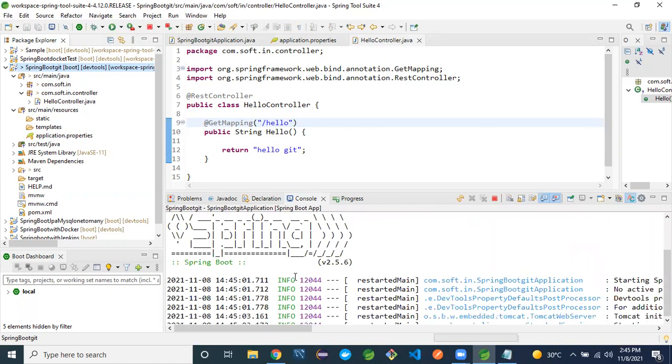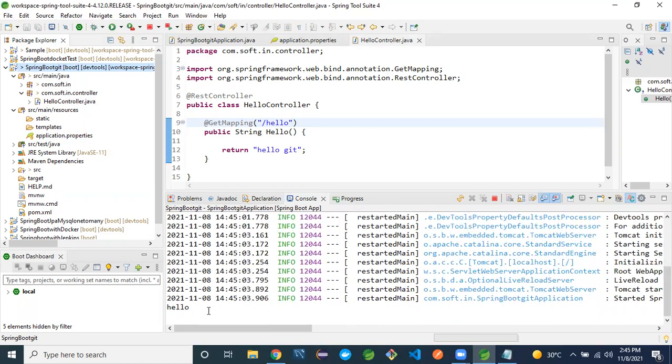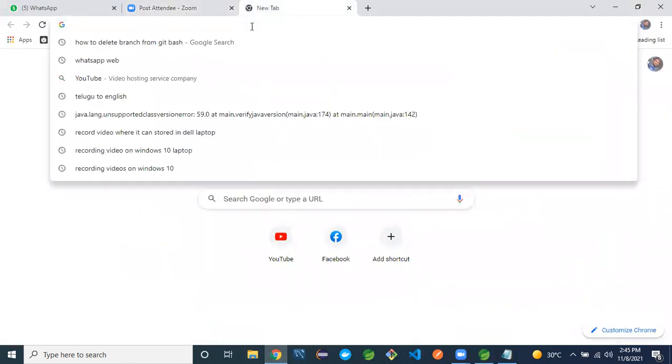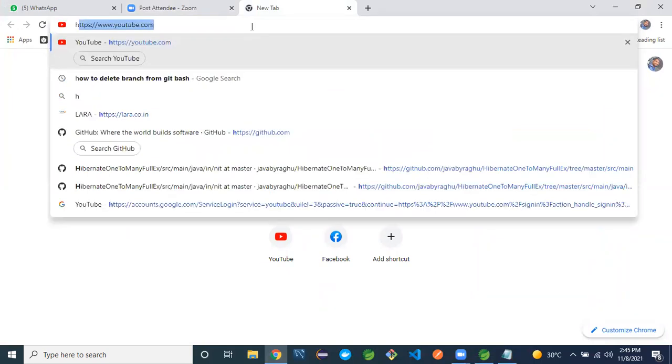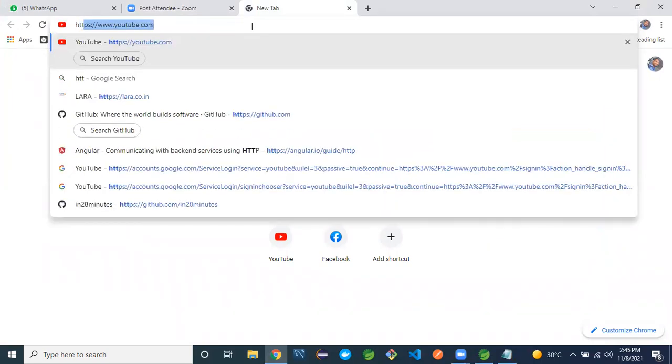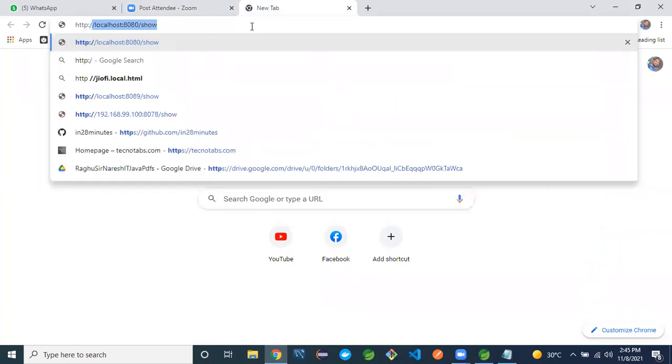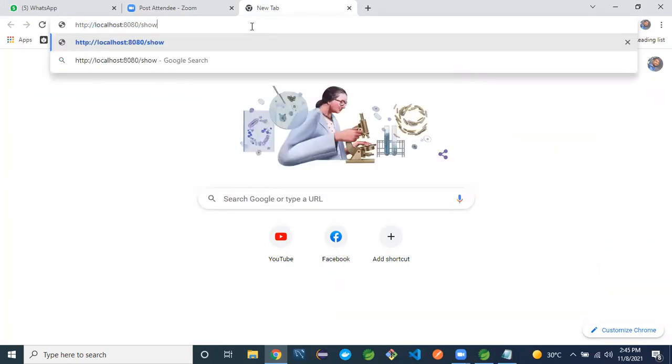See, the application ran successfully. Let me call it from the browser, hello, on the default 8080 port number. See, the output is coming. It works fine.